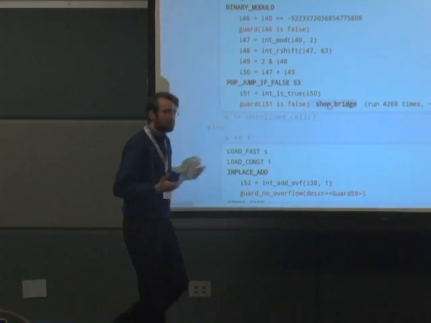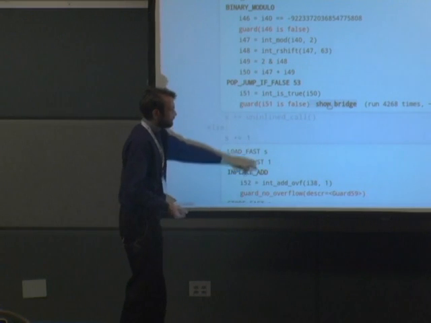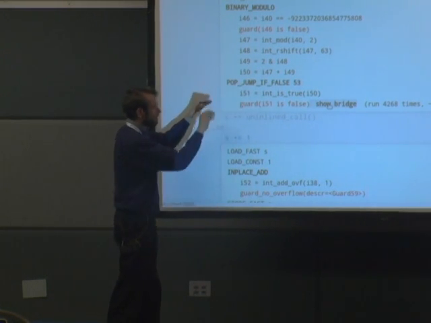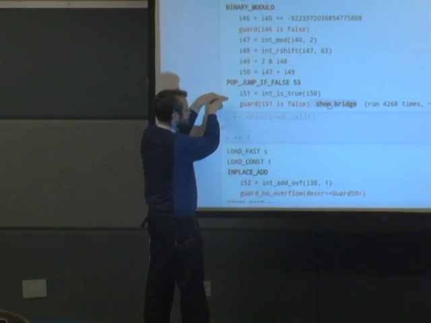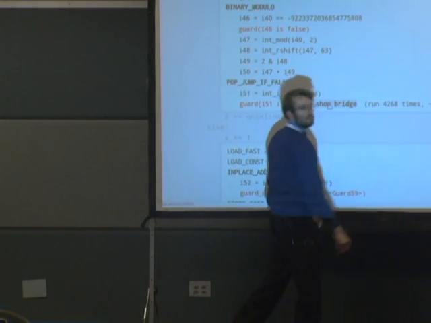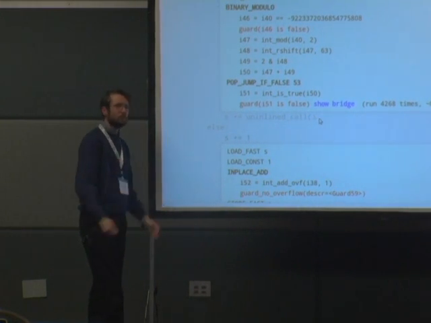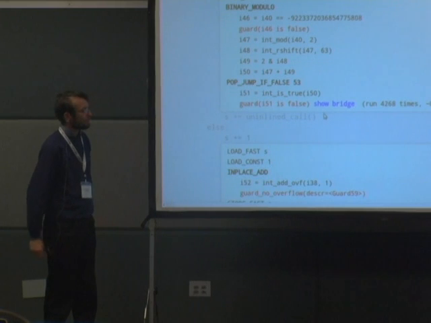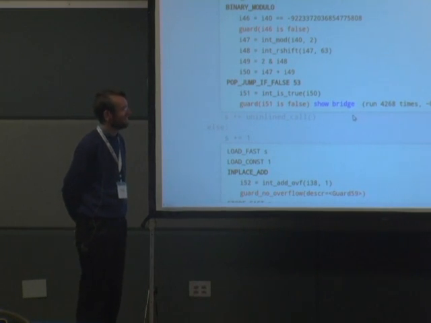You have this as a loop, and the bridge is where you would like to jump to. It's another potential tail of the same loop.